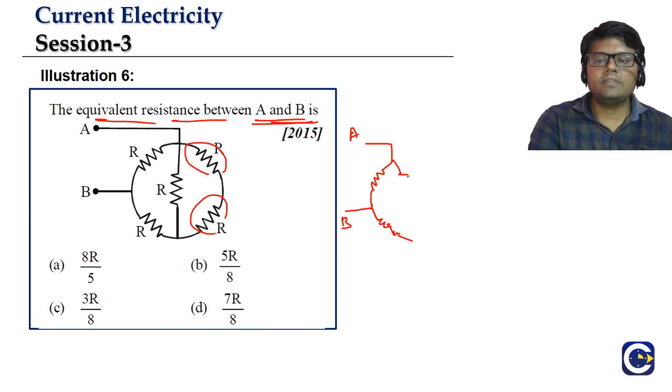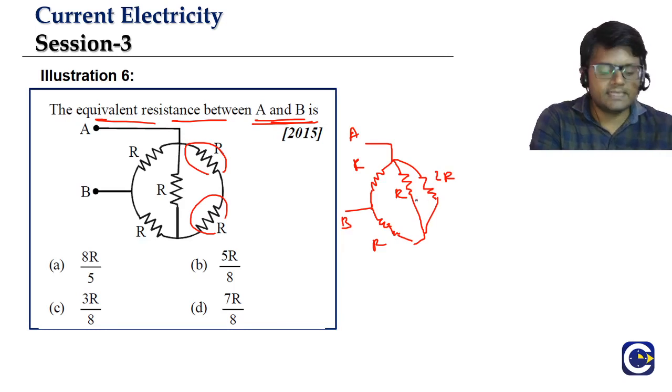Across this we have the resistance. So this is R, this is also R, this is also R. And these two are in series, so the equivalent of them means we can replace both of them by 2R, one single resistance. What is the single resistance value? 2R. So if we replace them by a single resistance 2R, now you see that the R and